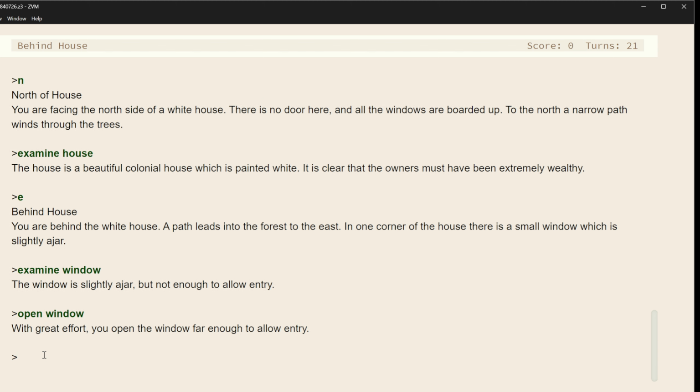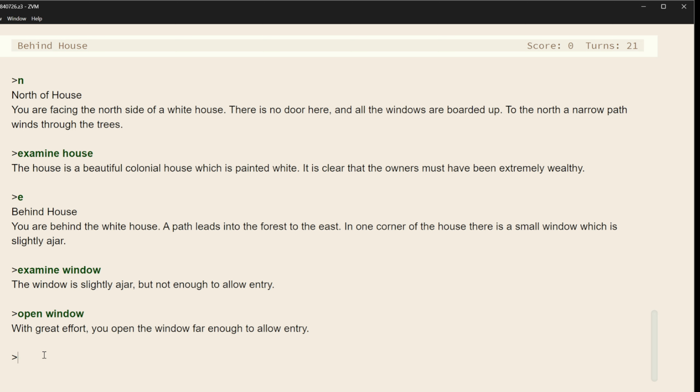Now it's important to remember, as we're learning how to do this, one of the things that's kind of hard to grasp is the idea that these games fully support natural language is kind of, well, it's a myth.